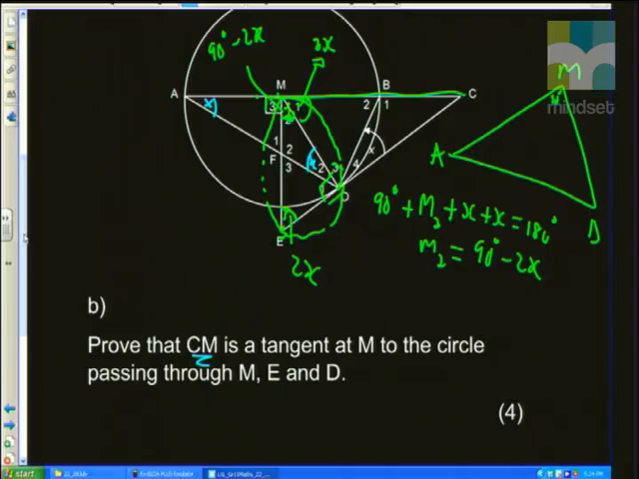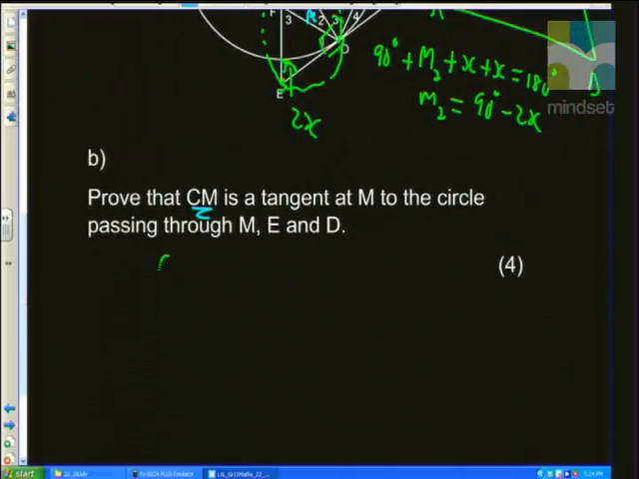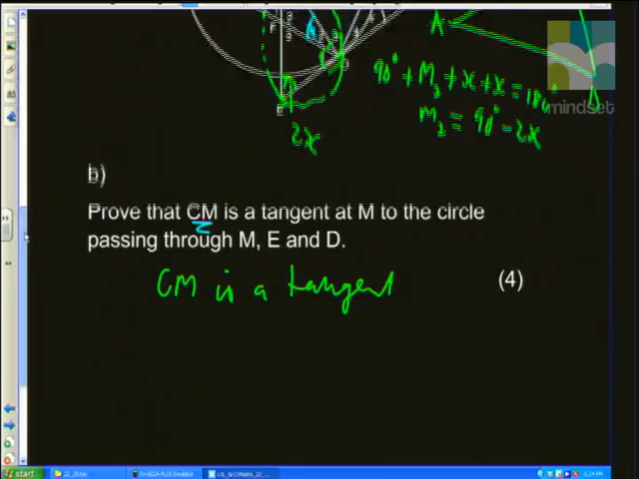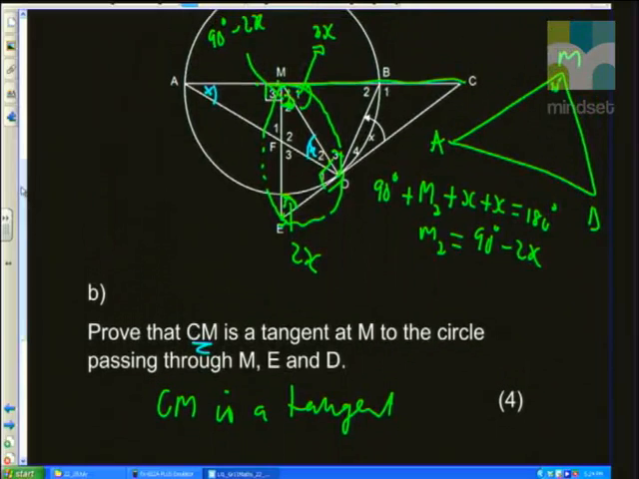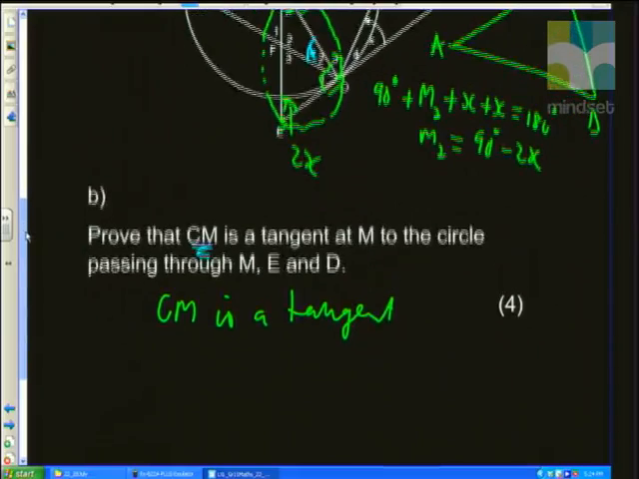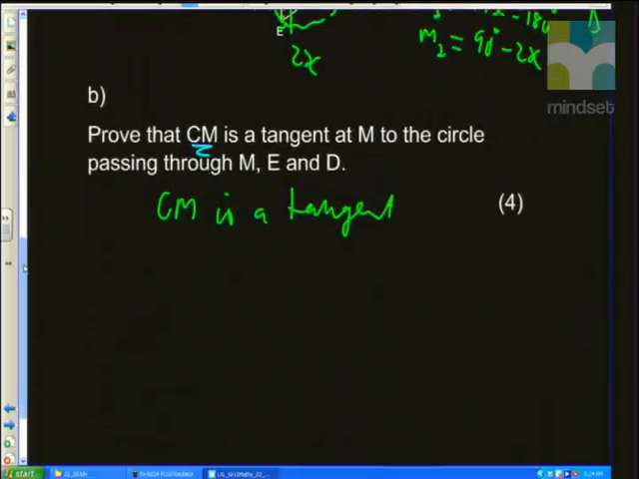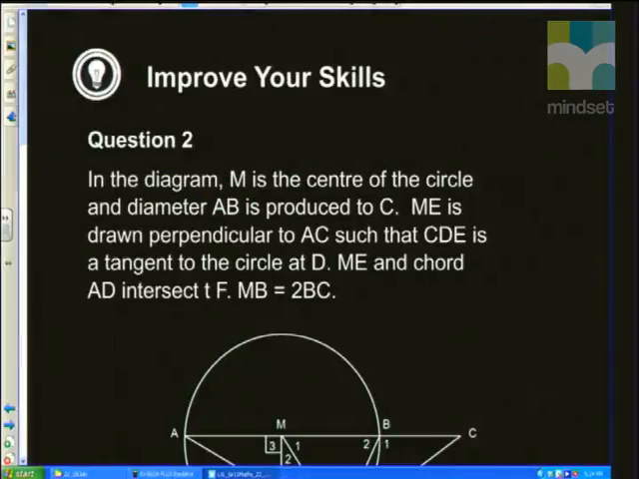So you can conclude now by saying, therefore, CM is a tangent to the circle passing through M, E, and D, because you've got an exterior angle of a cyclic quad equal to the interior opposite angle of a cyclic quad. Now, some of you have looked at it as there's a 90 here, and there's also a 90 there, subtended by the same diameter, which is good, or exterior angle of a cyclic quad equals the opposite interior angle. Okay, right? Now,